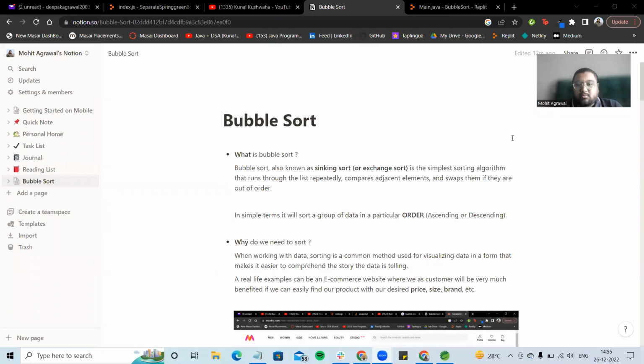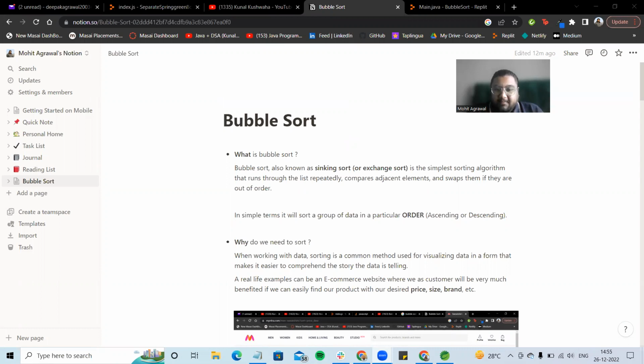So basically, what is bubble sort and why do we need to do the sorting? There are always two questions that we should have, what and why. So what is bubble sort? Bubble sort is basically a sorting algorithm. It is also known as sinking sort or exchange sort. It is the simplest sorting algorithm that runs through the list repeatedly, compares adjacent elements, and swaps them if they're